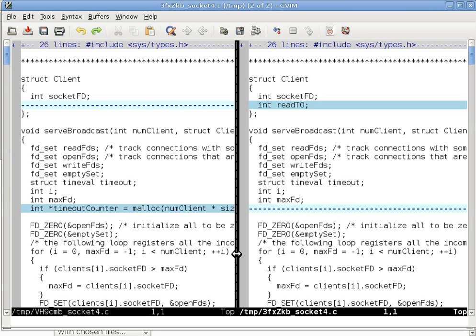But I think the tools is very useful, even though the approach is not very useful. So here I'm moving one more thing: I'm moving the timeout counter from its own array also into the structure. So I do basically the same thing throughout the program. Wherever I referred to timeout counter, I now change it to refer to the member read timeout of the client